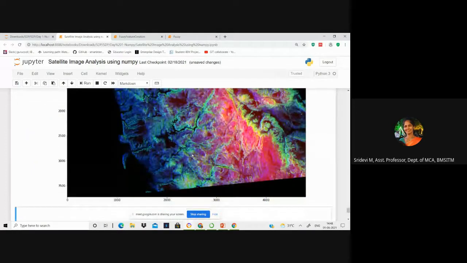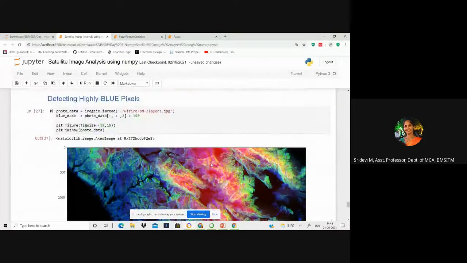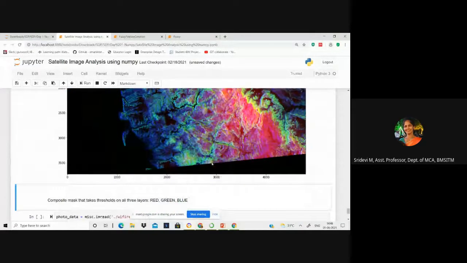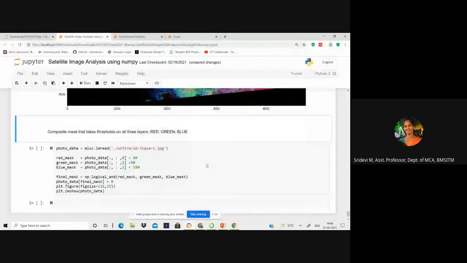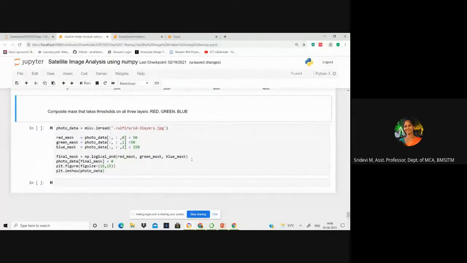See here, you can see all the high intensity blue pixels being projected, right? Now, in some cases you may want to use them all together. Say you want intensities of red greater than 50 and intensities of green greater than 50, but intensities of blue greater than 150, not simply 50.